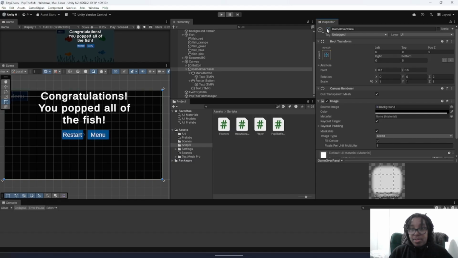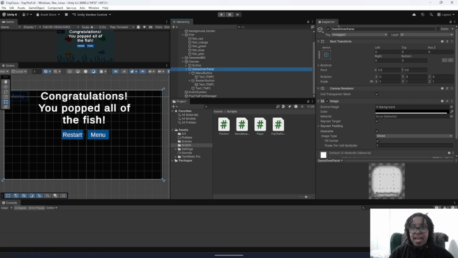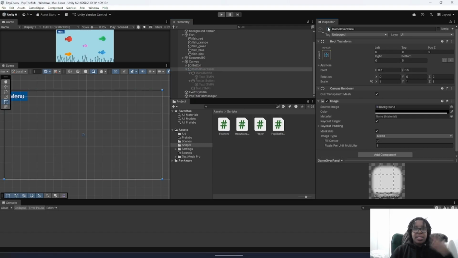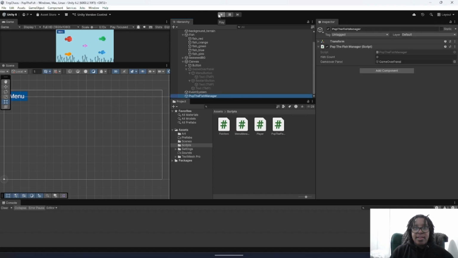But you could technically leave it on because in the Pop the Fish Manager, we turn it off by default. But for me, I like to, if it's not active in the scene, I want it to be like that. So now we will press play